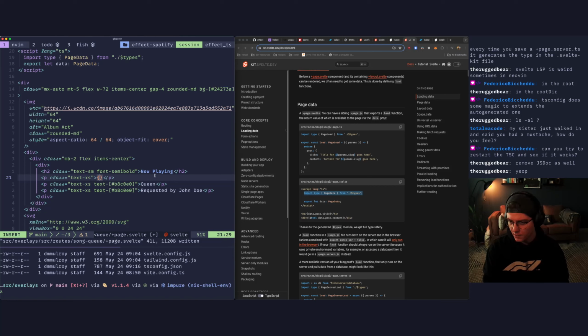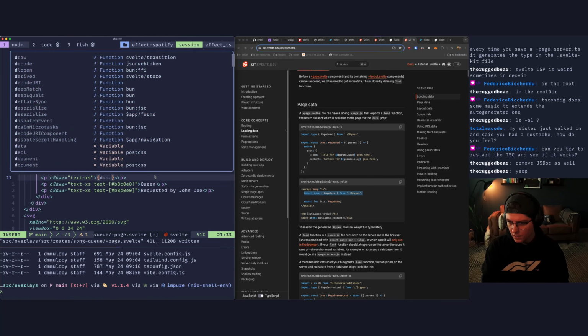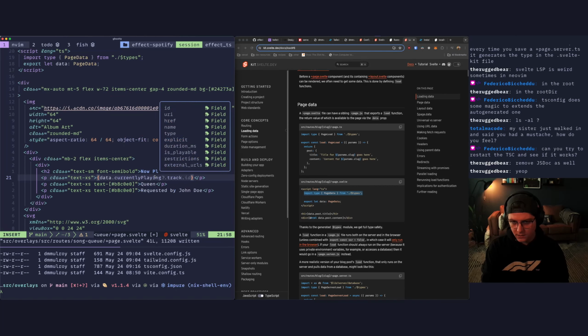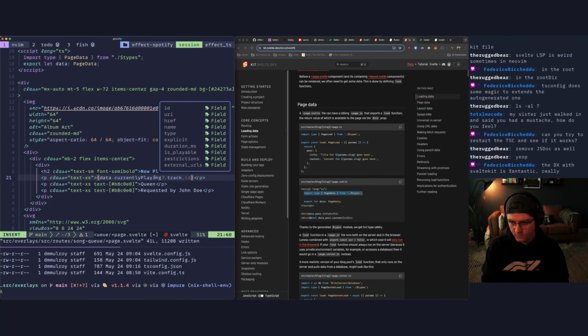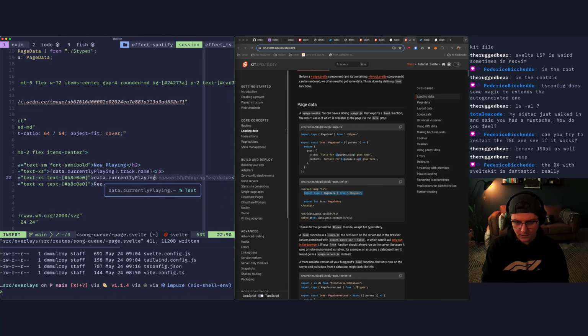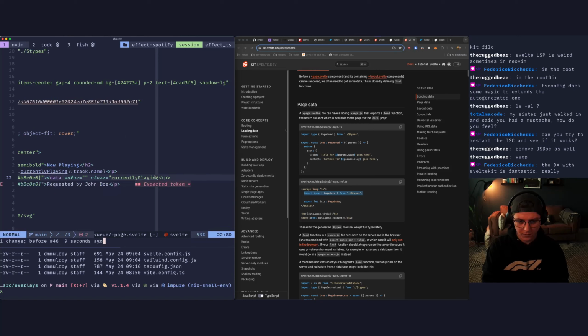And this can be data dot currently playing dot track dot name. And then in here we can do data dot currently playing dot, well, what the heck?